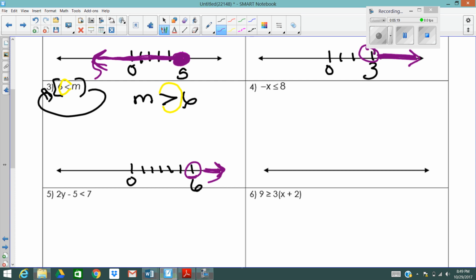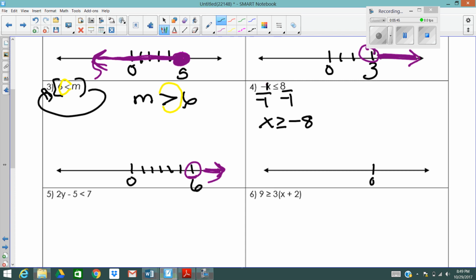Number 4, we want to isolate the x first. Notice there's a negative in front of it. That means it's really negative 1x. So I'm going to divide both sides by negative 1. And that is one of those special cases that I need to flip my inequality sign. So